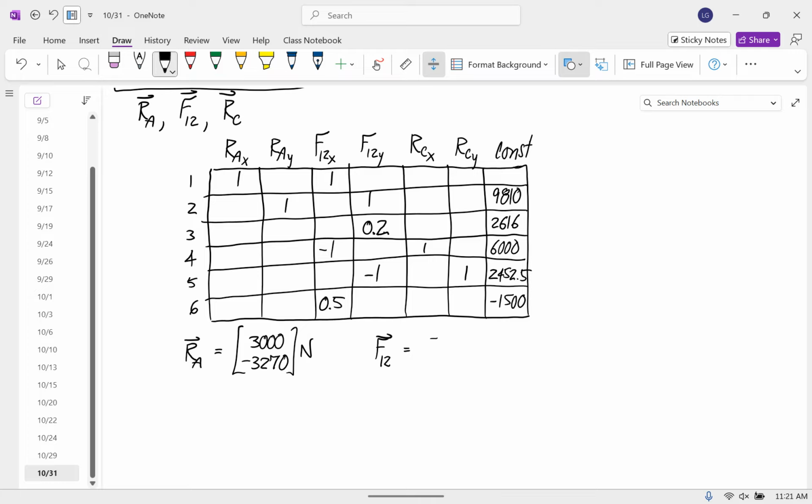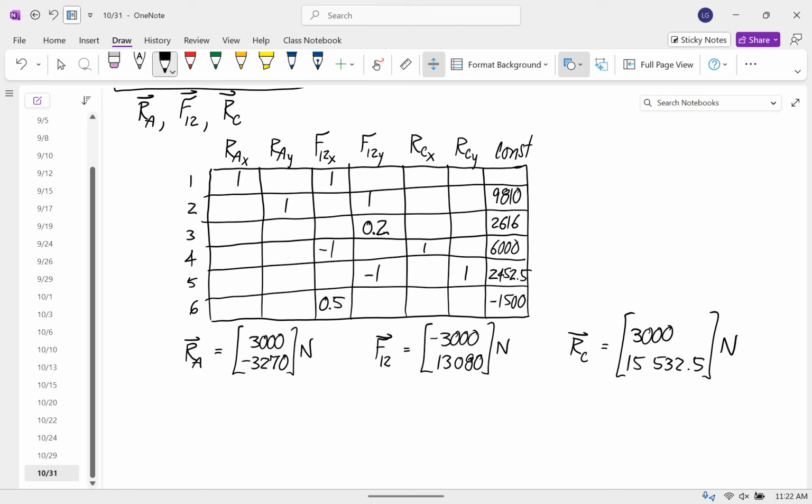F12 is negative 3000, 13,080, and RC is 3,000, 15,532.5. Anyone get that? Okay. So what we're really using this for is always to calculate external loads on